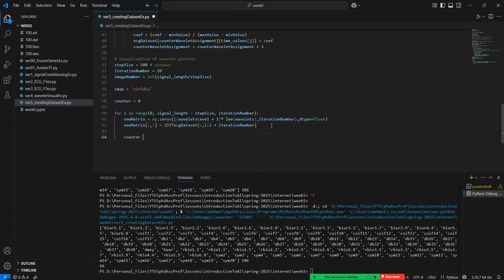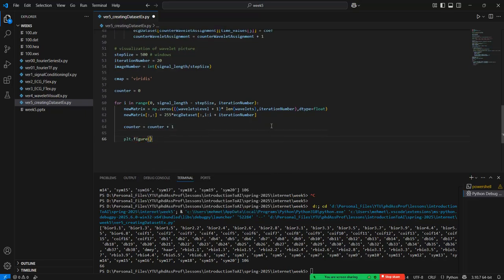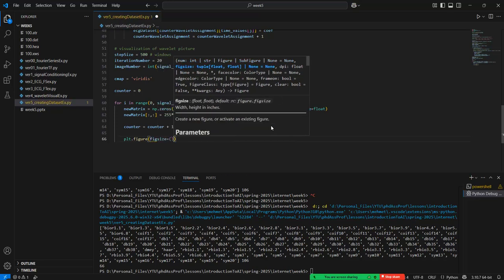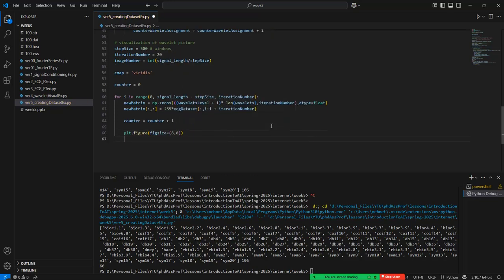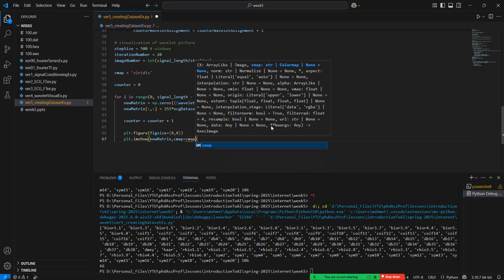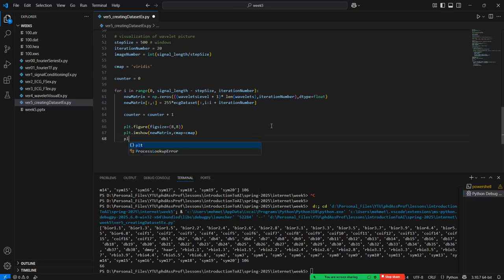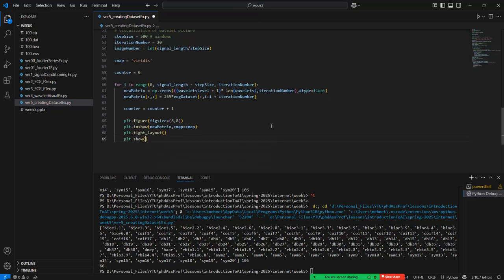And after that the counter is the counter plus 1 and plt.figure with fixed figsize 8 and 8 and plt.imshow can be called in here with the new matrix, and cmap equals the CMap. Okay, so plt.tight_layout and plt.show must be written in here. And so if I run this code,